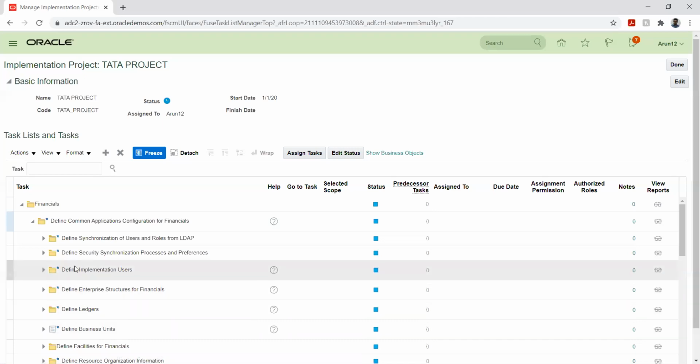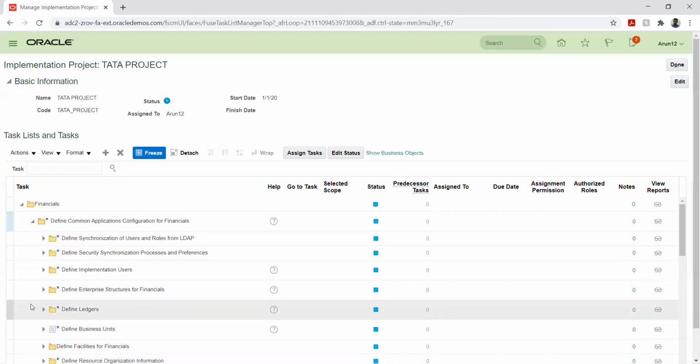Okay, so the navigation for this would be from our common application configuration. So here we have defined ledgers.